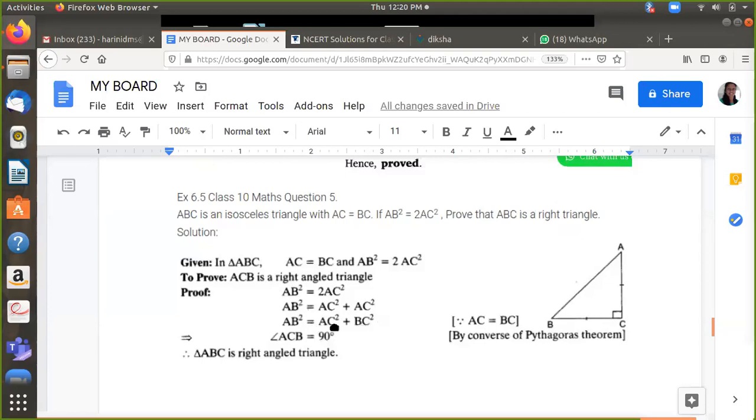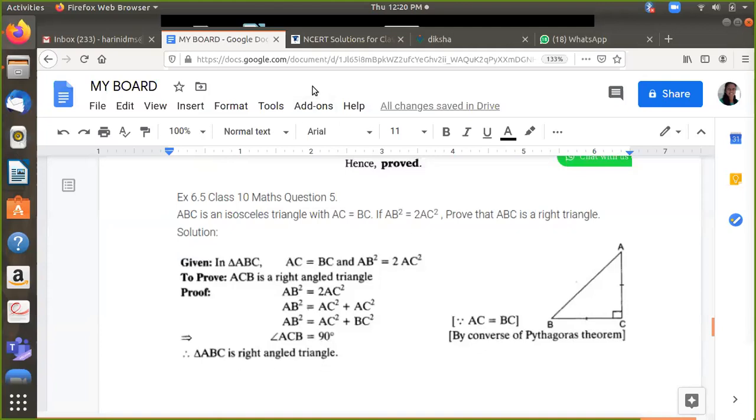So the squares of two sides, when you add them, become the square of the third side. So the third side is AB. Which is the angle opposite to AB? It is angle C. So that angle C will become 90 degrees by the converse of the Pythagoras. The third side happens to be AB because AB square is AC square plus BC square. So the angle opposite to the third side is angle C, and hence angle C has become 90 degrees by the converse of the Pythagoras, and hence I can tell ABC is a right triangle.